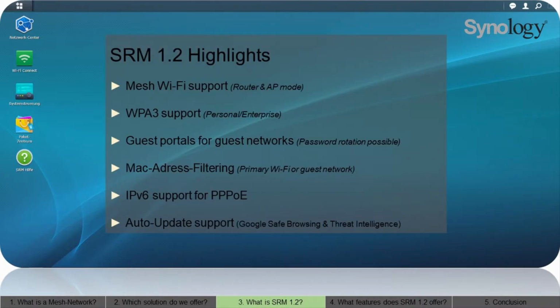Some of the SRM 1.2 highlights that I would like to mention is that we have full mesh Wi-Fi support. This means that you can use the MR2200ac as a router or in an access point mode. When it comes to security, you can crank up your security level all the way to WPA3 support, which is the highest level of security available at the moment. You can create guest portals and guest networks. The router supports MAC address filtering, which means that you can block off certain devices from accessing your network. We also have IP version 6 support with our router, and we have auto update support, which basically means that